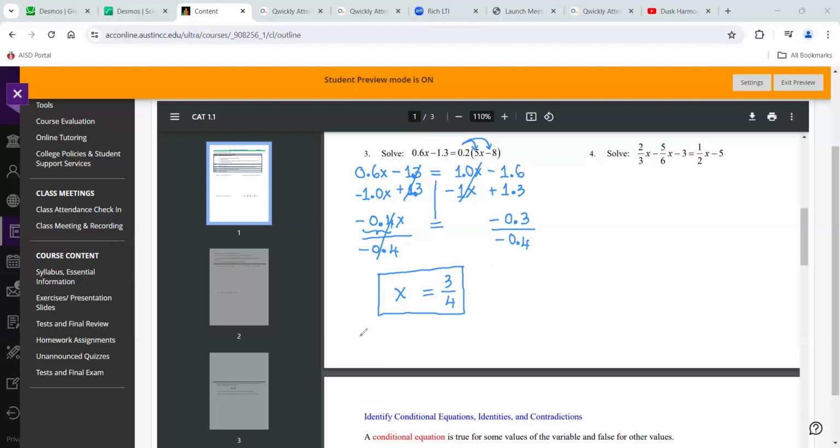And again, in the book, they use this. We are looking for the least common denominator. So when we say least common denominator, think about the factor of 3, the factor of 6, and the factor of 2. Okay, so let me just write down right here. So the factor of 3 is just 3. The factor of 6 is